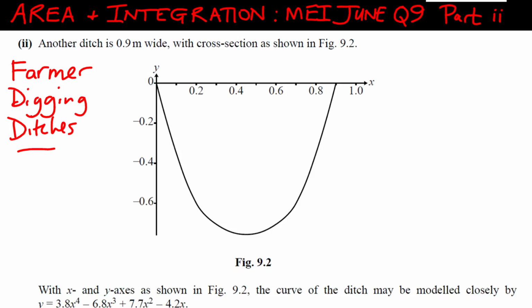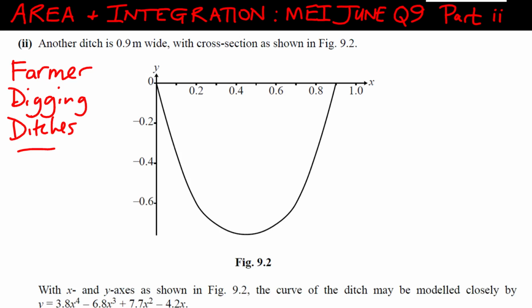Hello, here's a demonstration of an MEI question covering area. Doing the calculations of the area using integration, and I'm using the MEI June question 9 part 2 as an example. Part 1 of this question took us through finding the area using the trapezium rule, and they quite typically in section B will have one part on the trapezium rule and then one part carrying out the same task